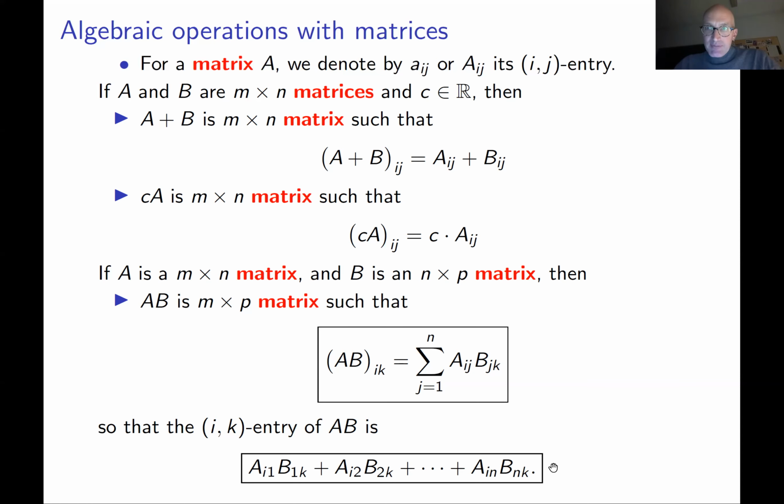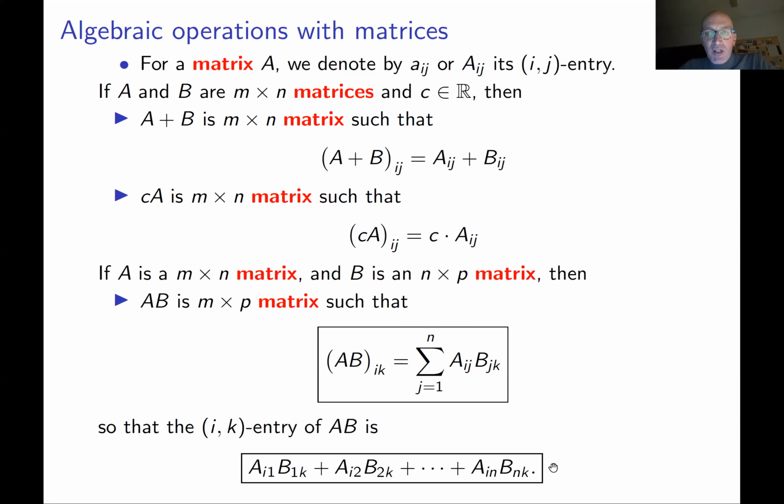Okay, this may look a little bit technical, and it is technical. The only way to get used to this is basically practice. You have to multiply a lot of matrices until you feel comfortable with multiplication of matrices. You should do this basically automatically. If I give you a couple of matrices whose sizes match for the multiplication, you should be ready to immediately multiply them without thinking. Otherwise, if you think when you multiply matrices, it's a bad sign. It's like thinking when you multiply small numbers.